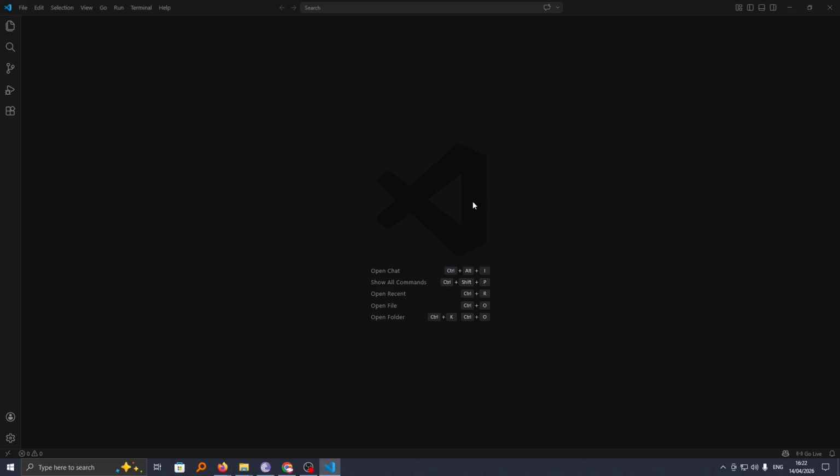If you had set a specific default formatter using one of the extensions that you installed and you wish to remove this, then in this video I'm going to show you how you can change or remove your default formatter